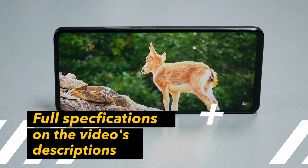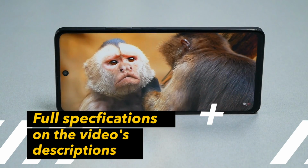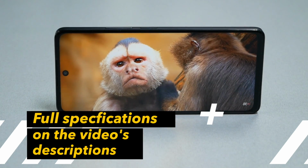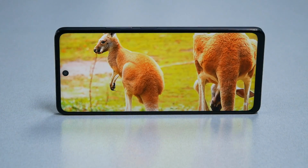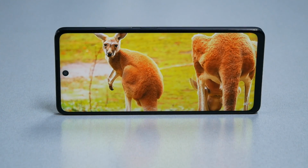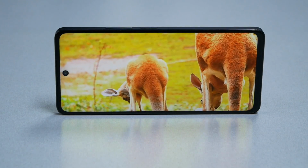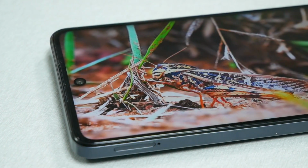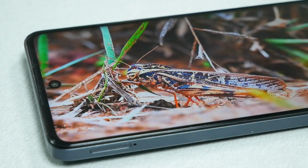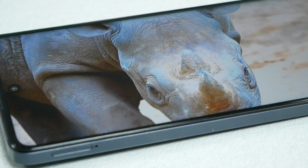And now let's take a quick look at the main specifications, starting with the display, which is, I believe, the biggest advantage if you buy this phone. TCL makes TVs, so TCL knows how to do displays, and this phone's display is also powered by NXTVISION, enhancing the colors and so many other things. The screen size is 6.8 inches, Full HD+ with 1080p resolution and a 120 Hz refresh rate,